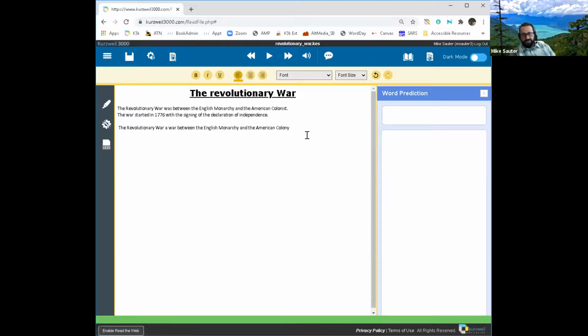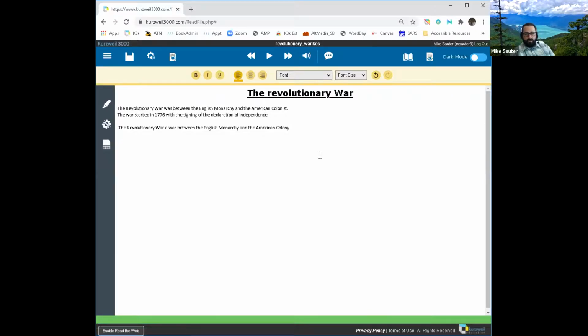So using word prediction, it can show me as I'm typing the words that it predicts that I'm trying to spell. It can be really helpful if you definitely want to get the right words down ahead of time, or you have a hard time with spelling and that slows your writing down because you're focused so heavily on how words are spelled. I think Word Prediction is a wonderful tool, and once I'm done using it, I can simply click the X and it will pop away.